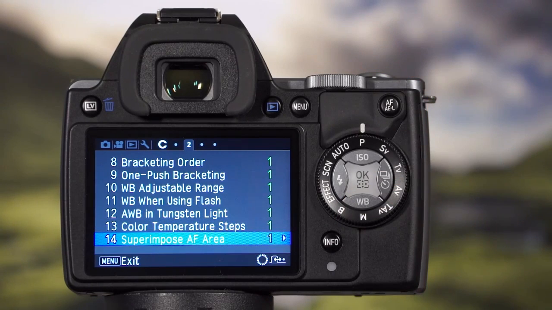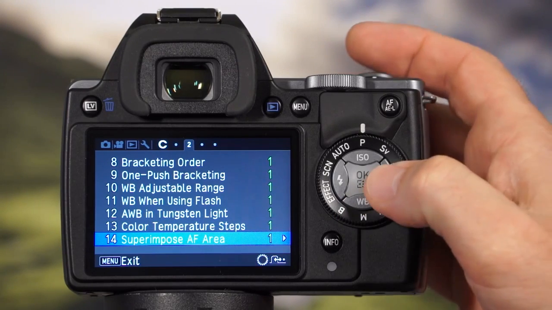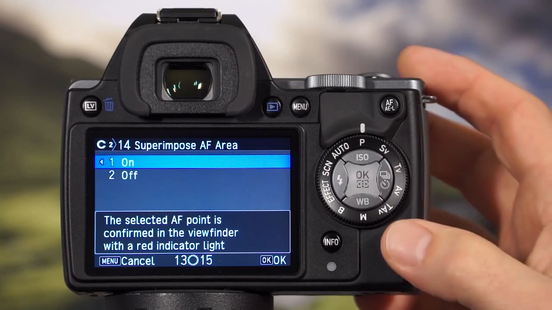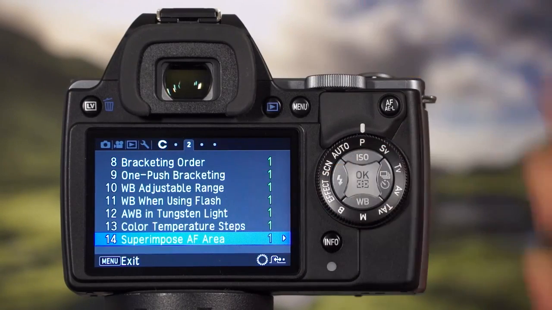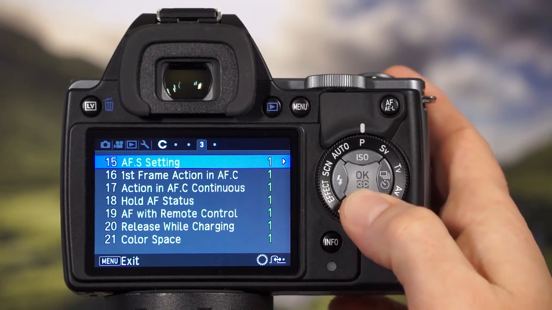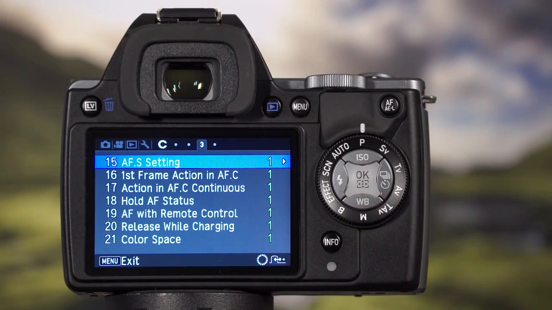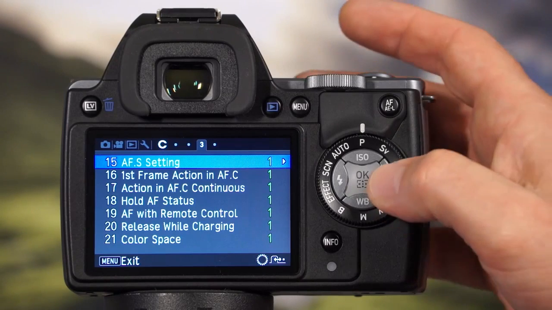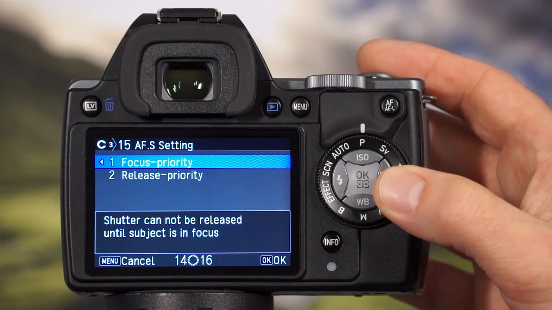Superimpose AF Area is next. With this option, you can set whether or not to display the active AF point in red in the viewfinder. The third custom setting menu begins with AFS Setting. With this option, you can choose whether focus or release is the priority when the camera is using the single